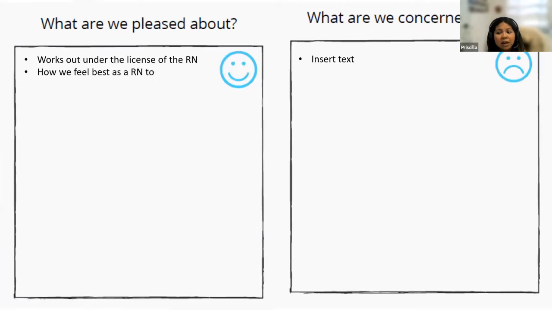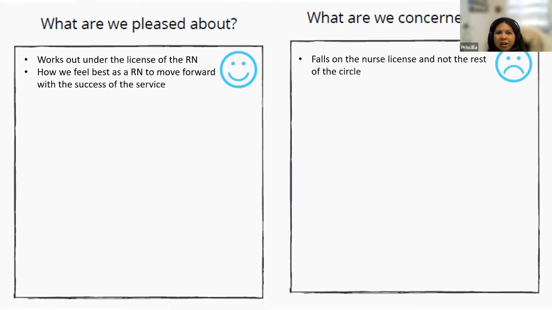So real quickly, because I do want to get to the Q&A, what are you guys pleased about or what are you guys concerned about? I know the concern Dr. Nancy had said is about the license, and that's why we're putting the autonomy back on the provider RN to make that assessment. And I remind you guys too, everything should align with the national guidelines and the Hawaii Nurse Practice Act. Those are all included in the waiver standards and the appendix as well. But real quickly, what are you guys pleased about? Or any other concerns, and we'll jump to the Q&A.